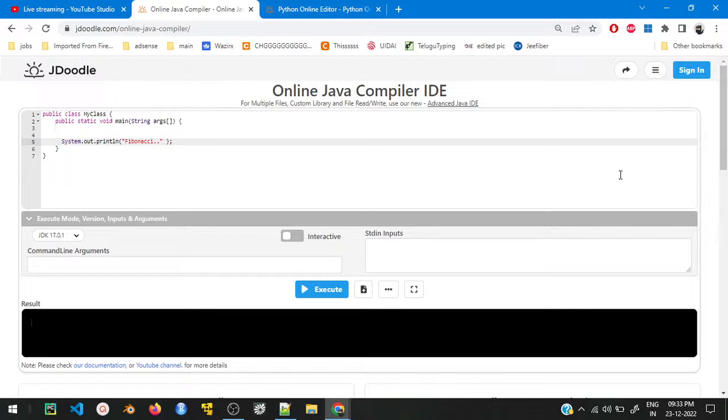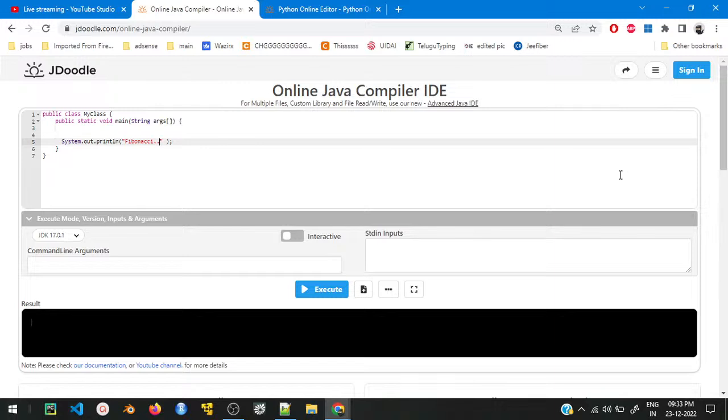Today I am going to discuss one more common interview question, one of the basic interview questions that we get. This will be asked for freshers or early entry level jobs, and also for people with up to 2 to 3 years of experience. They might ask these kinds of questions. For experienced people, they might not ask. So it's a very basic program: printing Fibonacci numbers in